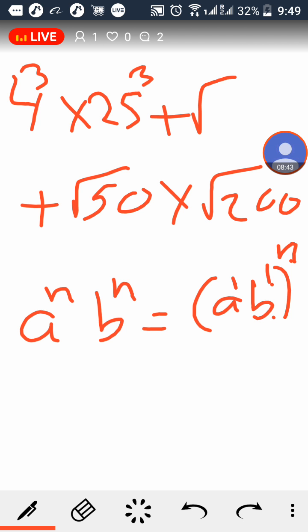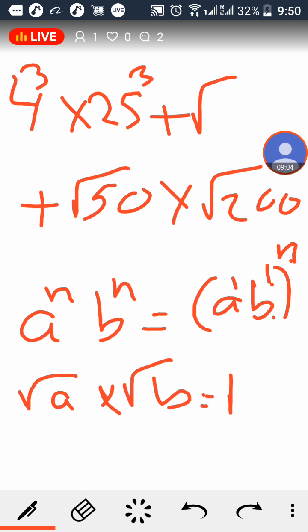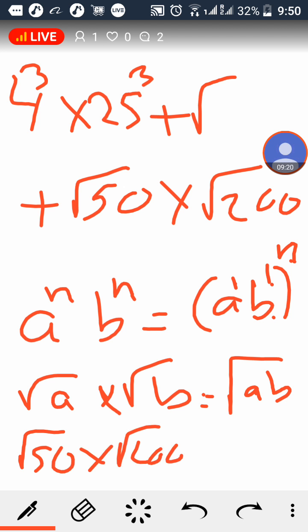Okay, the step you missed actually was, if you have root a times root b, sometimes we can try to find the root of a alone and root of b alone, but the rule you should use here is that it equals root of a times b. Now if we go above in the equation and try to use this, we will say root of 50 times root of 200,